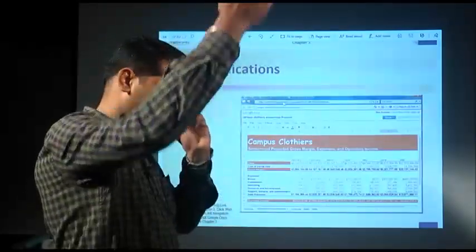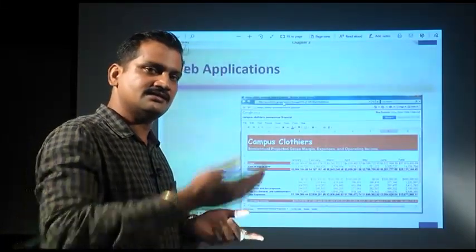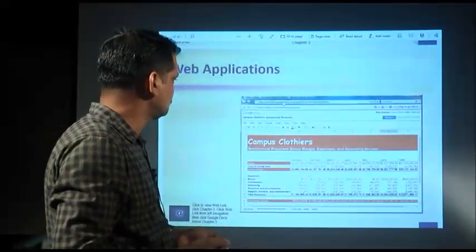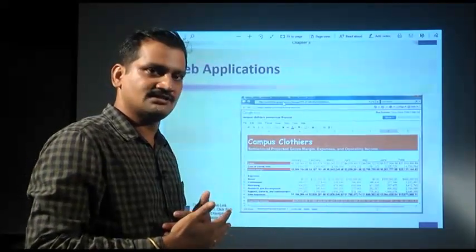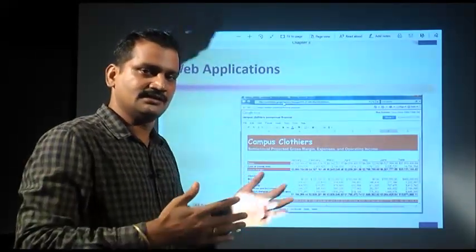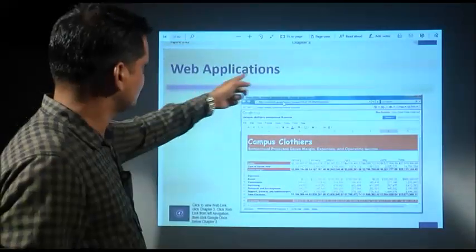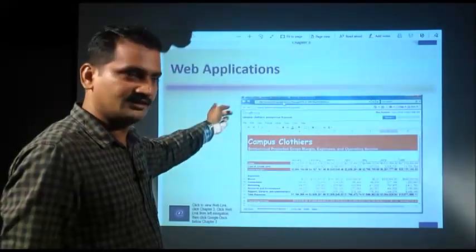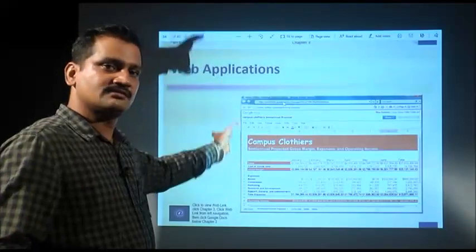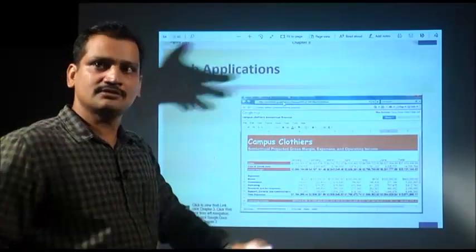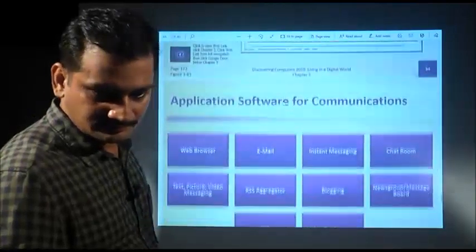Okay, the server is at some remote place, and you give the address in the address bar, and it is going to open that page Britannica.com. You can get the information, you can browse through the document, surf through the page to get the information you want. Okay. This is how you open a page in the internet. You open a browser, in the address bar write the address, the home page, the default page is opened, then you browse through the page. Okay.